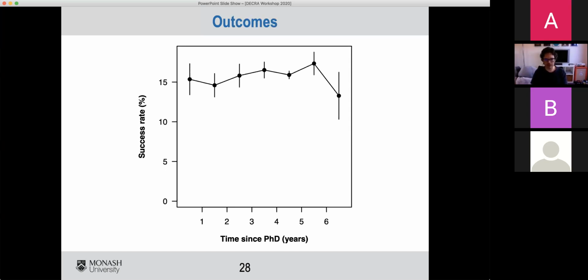In one respect, that's kind of true, but it's basically just because most people don't apply until they're 4 or 5 years out of PhD. Whereas if we look at the success rates, and these are the national success rates, it's pretty much the same for every year since PhD. So the timing should not be dictated by waiting until you're a certain number of years out of PhD. There are better ways to decide when the appropriate time to consider applying is. So even after I've said this, you'll get people who don't believe it, but you can go and look at the selection outcome statistics and verify it for yourself if you like. There's no difference in success rates really across those different times since PhD.